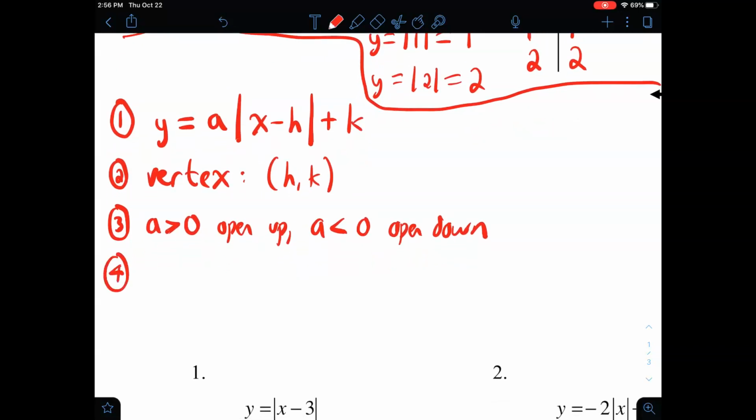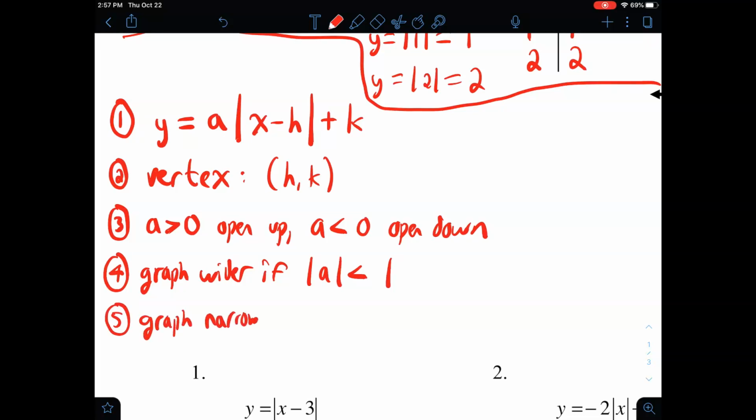All right, a couple more things. The graph is wider if the absolute value of a is less than 1. So if a is a fraction that's less than 1, it's going to be a wider V on the graph. And conversely, the graph is going to be narrower if the absolute value of a is greater than 1. Okay, so if it's 2 or bigger, actually 1.01 or whatever, anything bigger than 1, it's going to be a